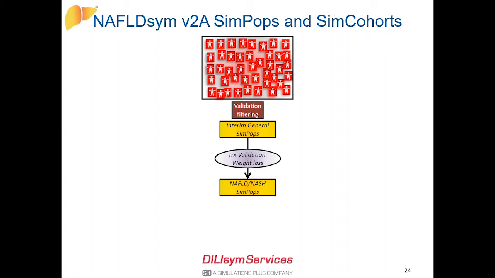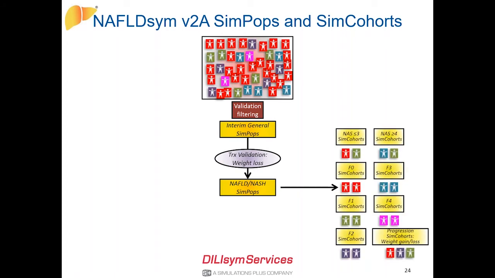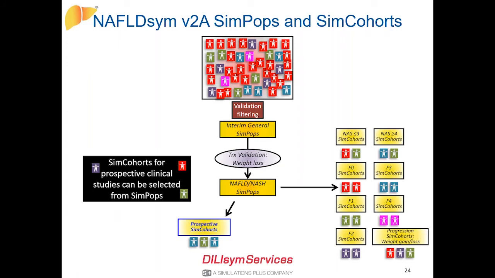So as such, we have generated what we call sim cohorts, or subsets of the simulated population. We've developed a number of them that are based on clinical categories that often categorize patients in this way. But perhaps more importantly, the software provides the ability to select specific patients from the larger group to generate a